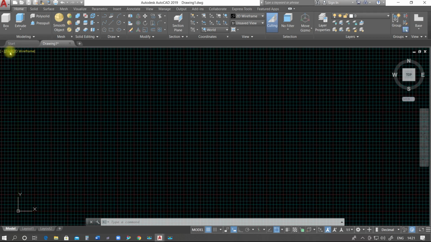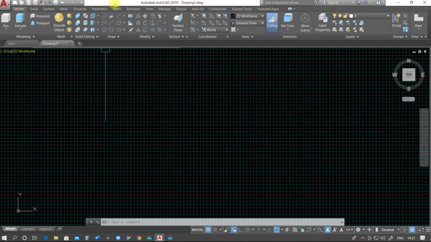Next one is, suppose you don't have any toolbar. Suppose I want to keep some toolbar on the right side or left side. So how to bring this toolbar in AutoCAD? This is also a very important thing. For this, there should be a pull down menu. So these are not visible.